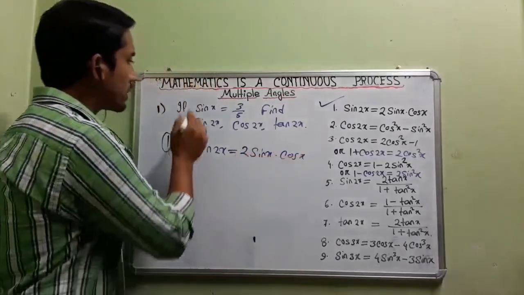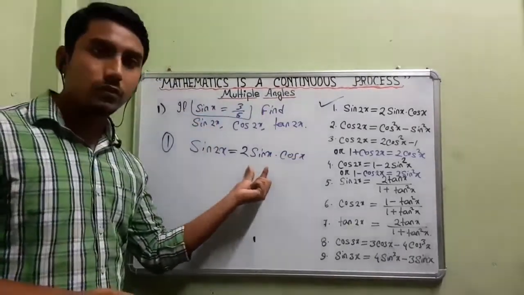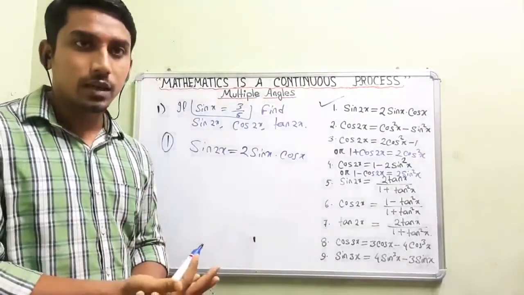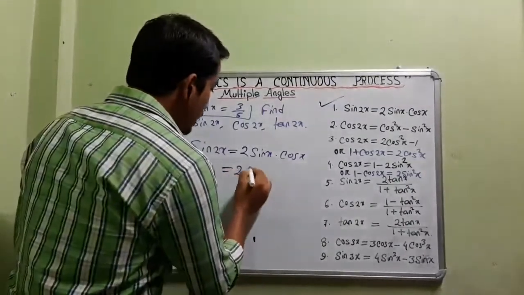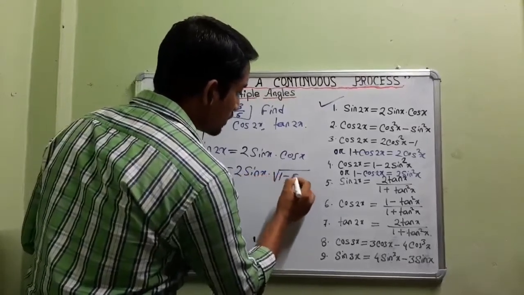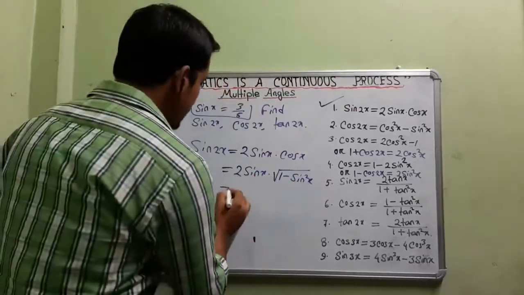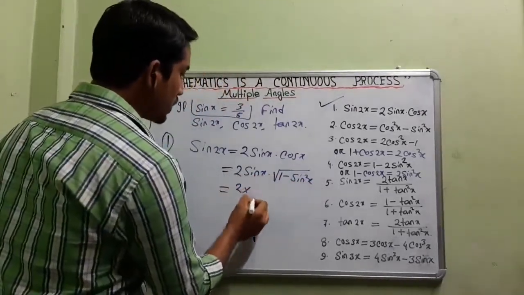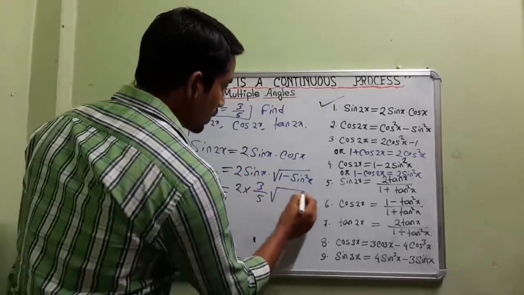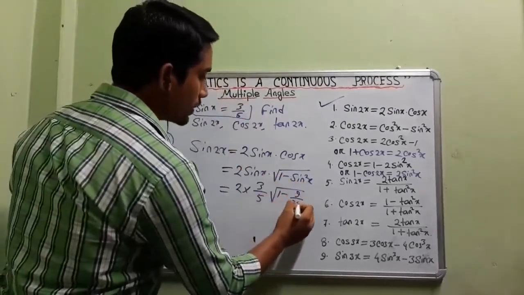Now from the given information, we can put the value of sin x here. We can put the value of sin x, but we don't know cos x. But cos x also we can convert in terms of sin x. So I'll write 2 sin x into, in place of cos x, root over of 1 minus sin square x. This one you already know, the basic identity of trigonometry. So now 2 into sin x, just put the values. What is the value of sin x? It is given 3/5, into root over of 1 minus sin square x, that means the square of this one, so it will be 9/25 obviously.